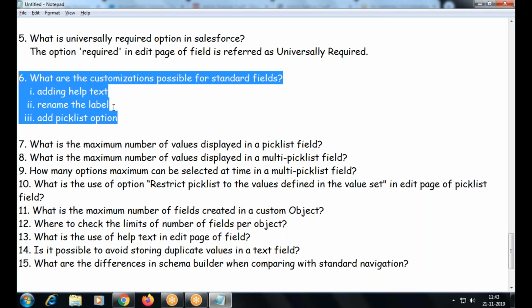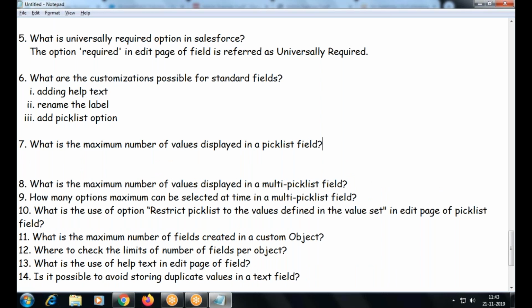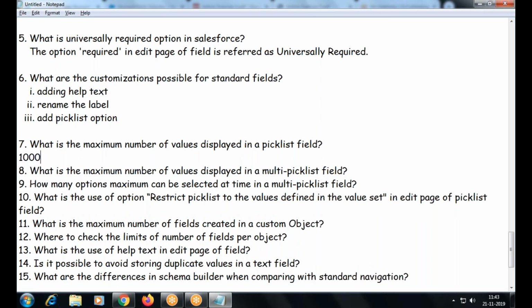You cannot rename the name. You cannot delete, right? So what is the maximum number of values you can display in a pick list?